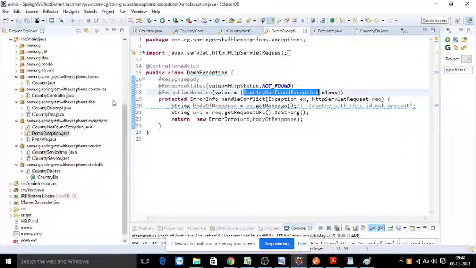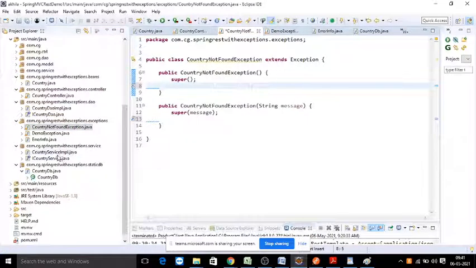If that exception is matching, it will call this method. In this method, first of all, it will get the exception message into this object. So ex.getMessage will return the message you are passing from here.